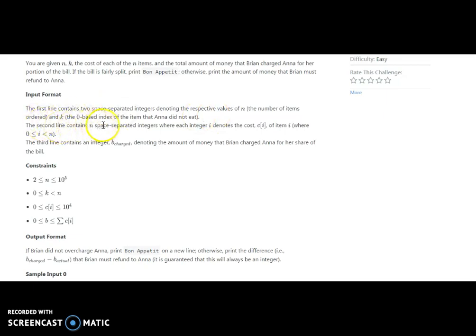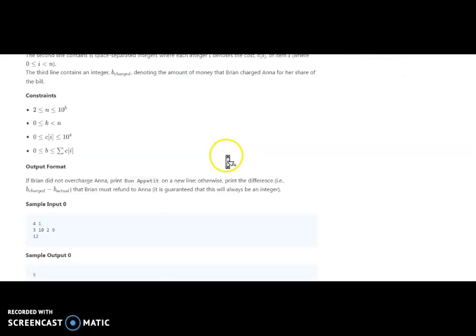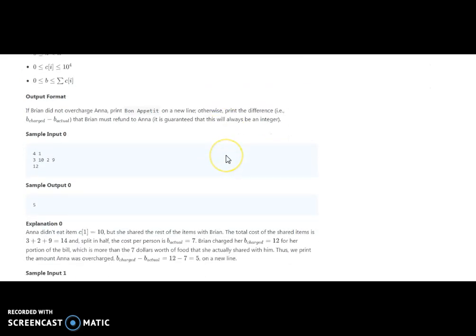The second line has n space-separated integers, where each integer denotes the cost of each item. The third line contains the integer b charged, denoting the amount of money which Brian charged Anna for her share of the bill. The output should be Bon Appétit if they are charging fair charges, otherwise we should print the value.